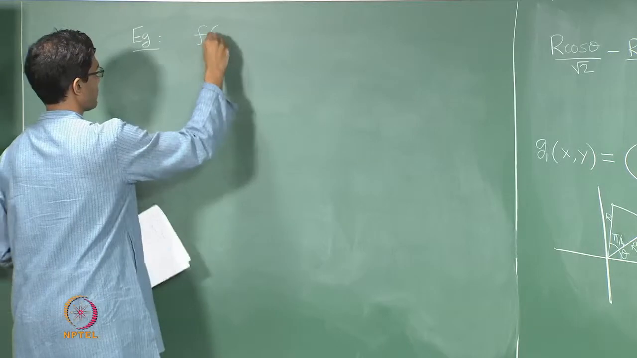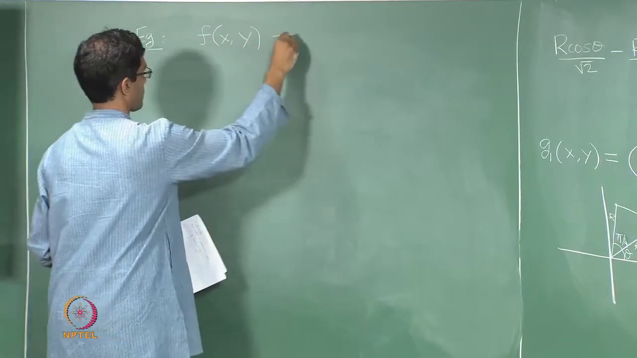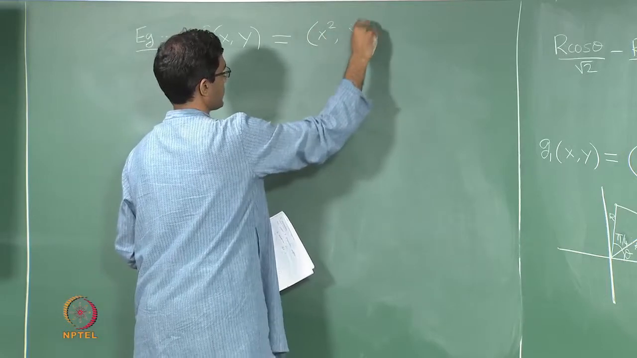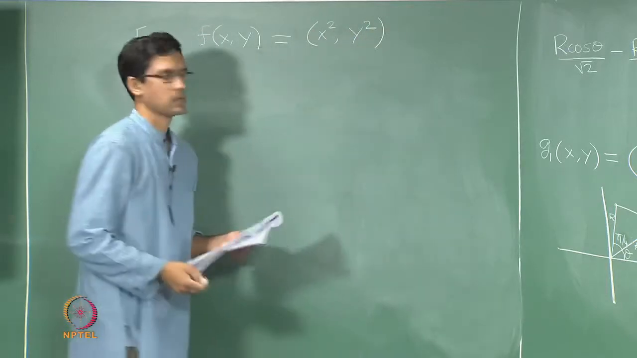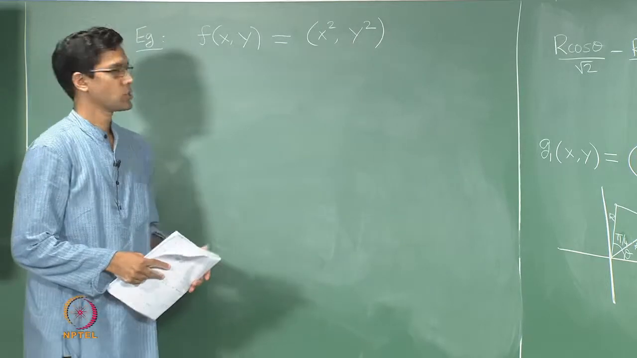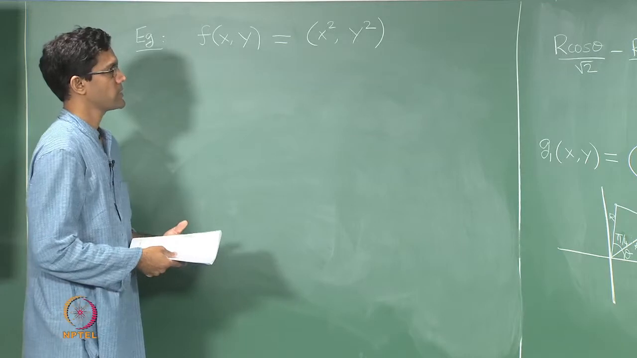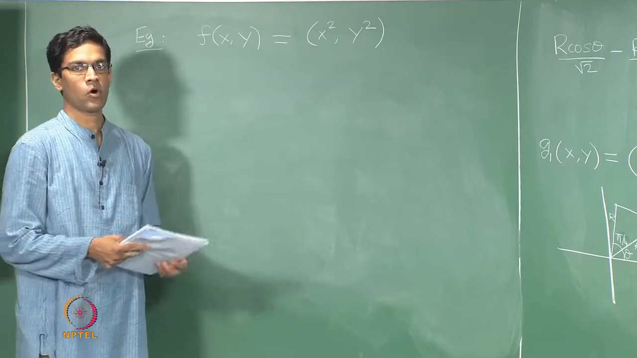Let's take the function f of x, y defined to be (x squared, y squared). Okay. So, this formula is now again simple in a sense, but fundamentally different from all the examples we have